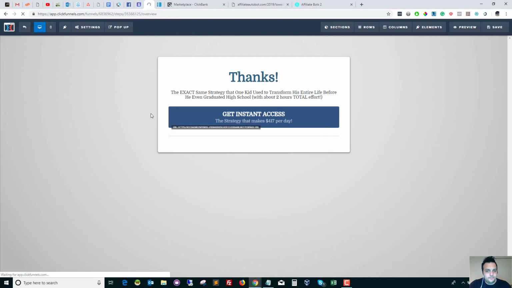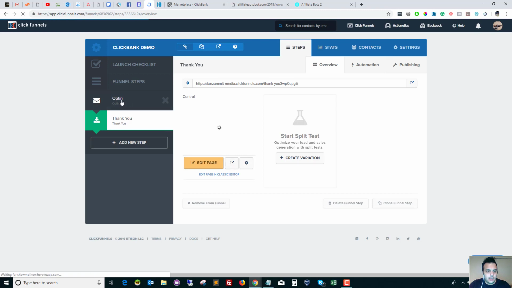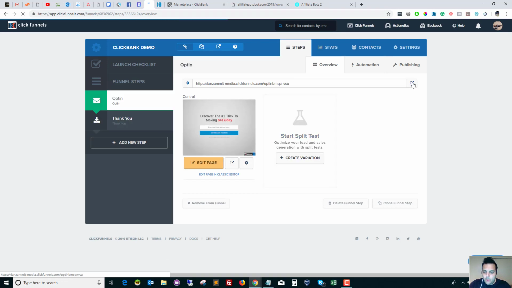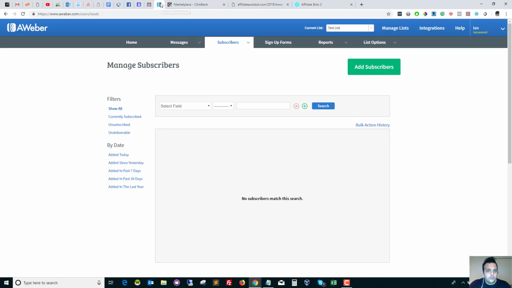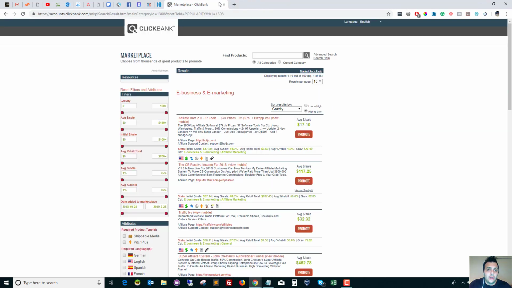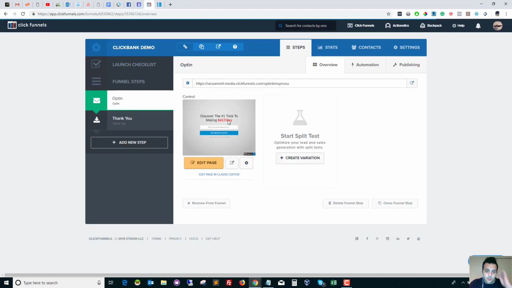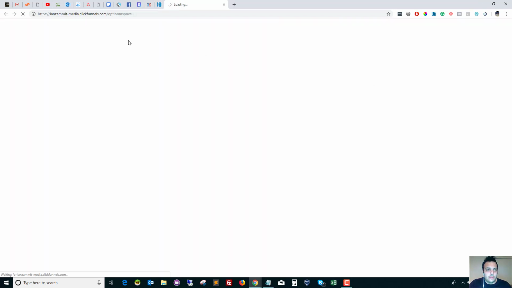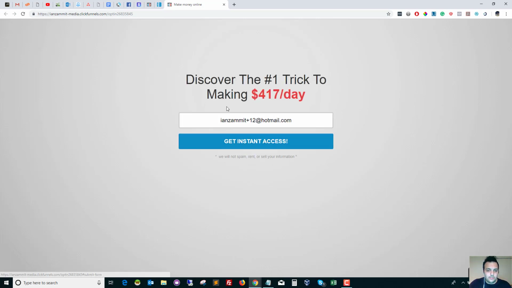So now if we click back and go to our opt-in page, we can click this box with an arrow in it and it will take us to the live version of this site so we can test it. So if I go to my autoresponder and refresh this page, you'll see that I don't have any leads at the moment. If it works, then what we'll see is my email address in there. So we'll click that button, and this is the live site. So if I put my email address in and say get instant access,